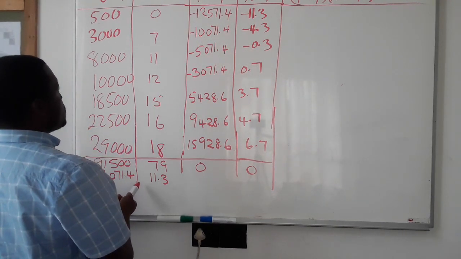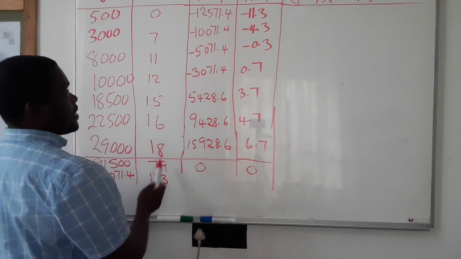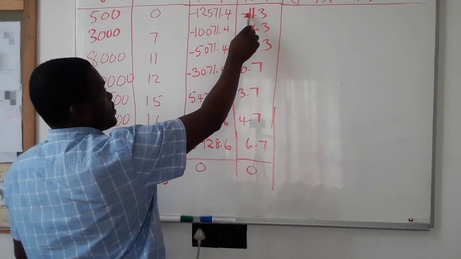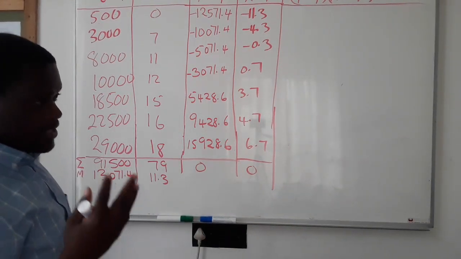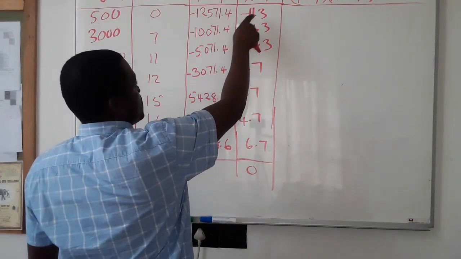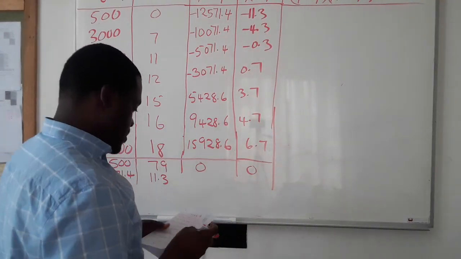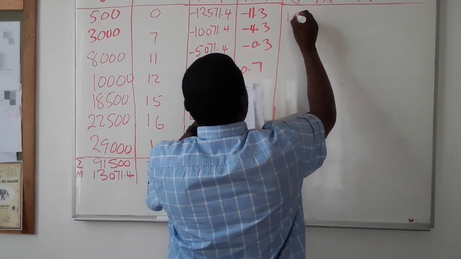Now, notice also for x, which is 0, and its mean is 11, the number is also negative, which means it's a low value, it's a low level of education. Now, if you multiply the two, because they are both negative, you get a positive number. Now, the answers you get are